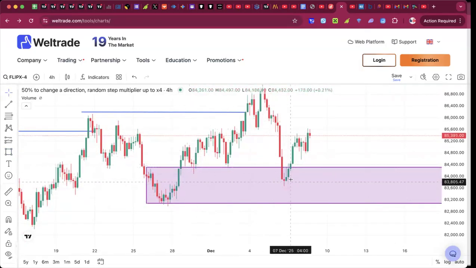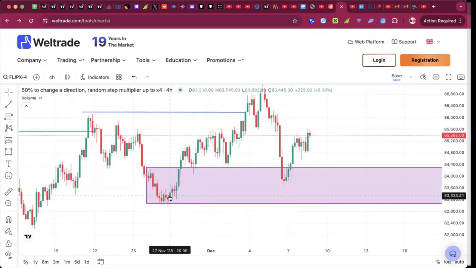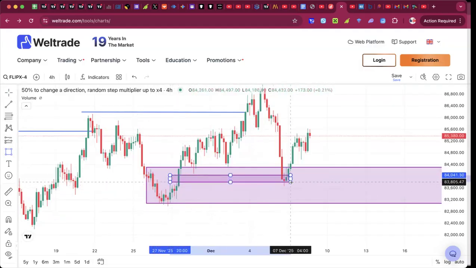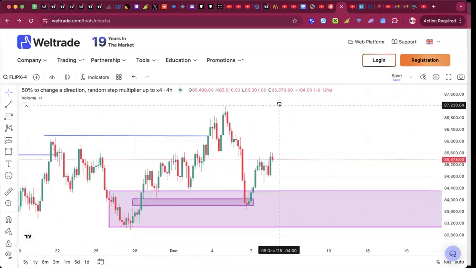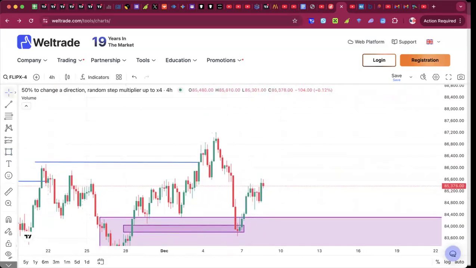Sweep of liquidity, and then bounce into the order block, and even the order block on the 4 hour time frame is a sweep of liquidity and dropping into a fair value gap. It makes a lot of sense. So that means this trade, what am I going to do? You do nothing because until